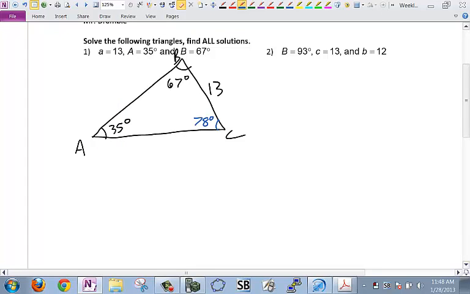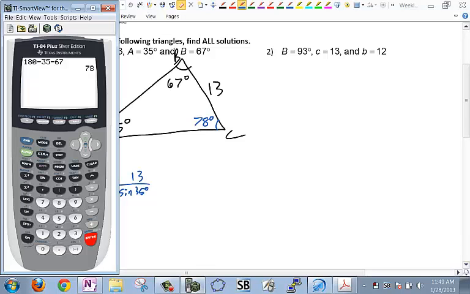Awesome. Now we can start using law of sines, and we can say something like lowercase side b divided by the sine of 67 degrees will be equal to side A, which is 13, divided by the sine of 35 degrees. So in our calculator, we can say 13 times the sine of 67 divided by the sine of 35, and we get